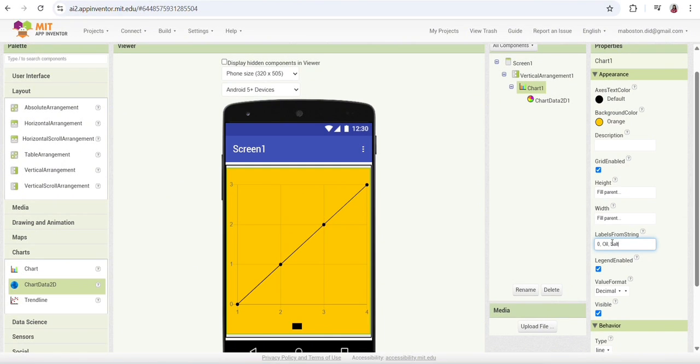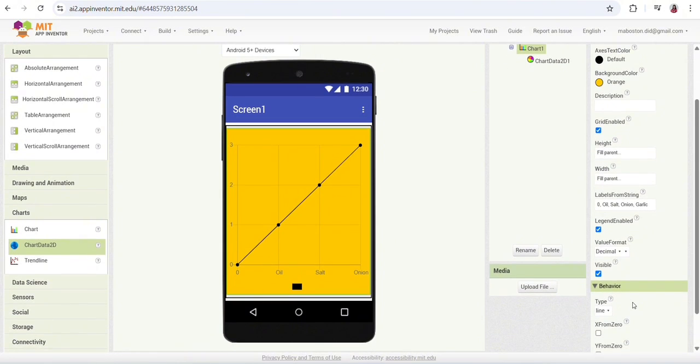Salt, comma, onion, comma, garlic. If you want to add another value, put a comma before adding it. Since we have only 4 values here, I'd like to put 4 values only and press enter.